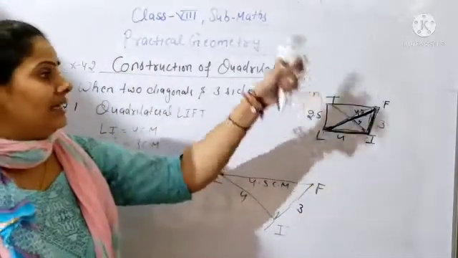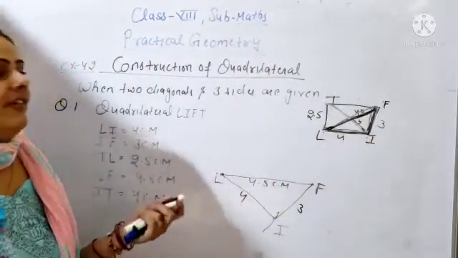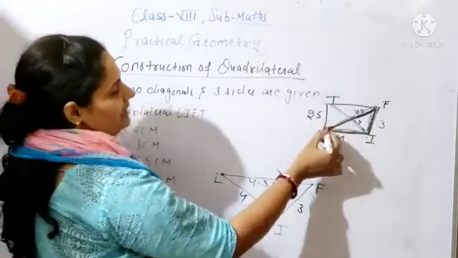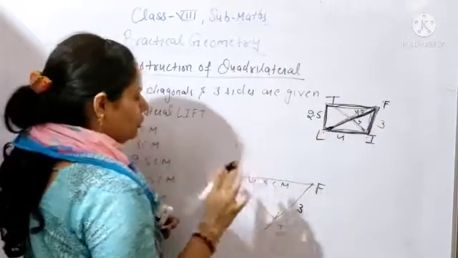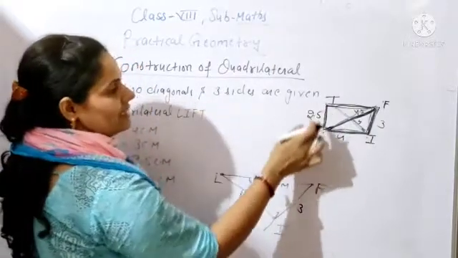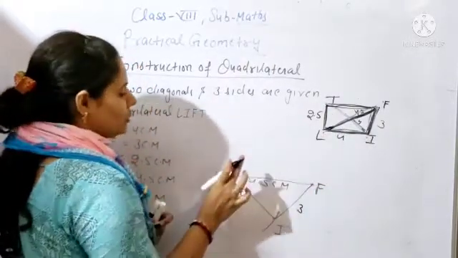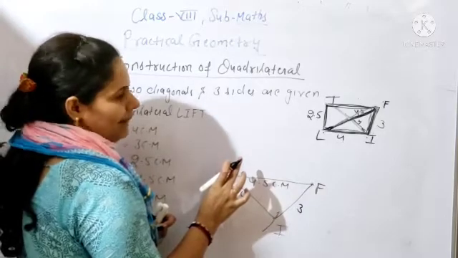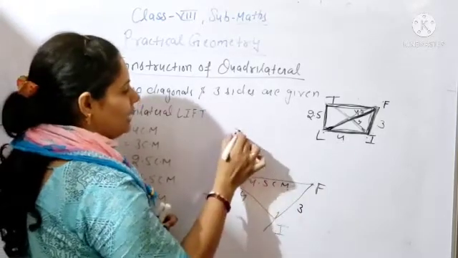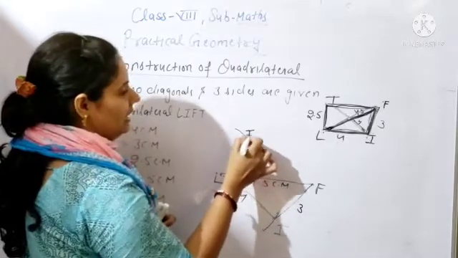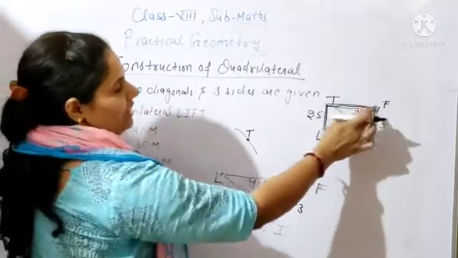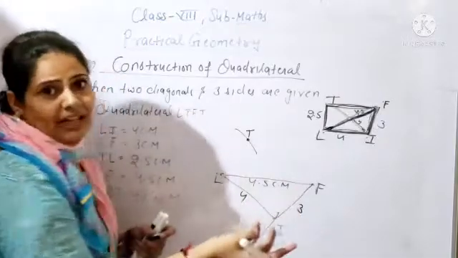Now you have to make the upward triangle. So how will you make the upward triangle? First, you can see in this upward triangle, the length of LT is given already. So you will open your compass to LT. What is the length? 2.5 centimeter. So from L, you will open your compass 2.5 centimeter and draw the arc. Clear? After that, this is the point T. Clear? Now you can see TF. Next is the TF length. So TF length is not given.